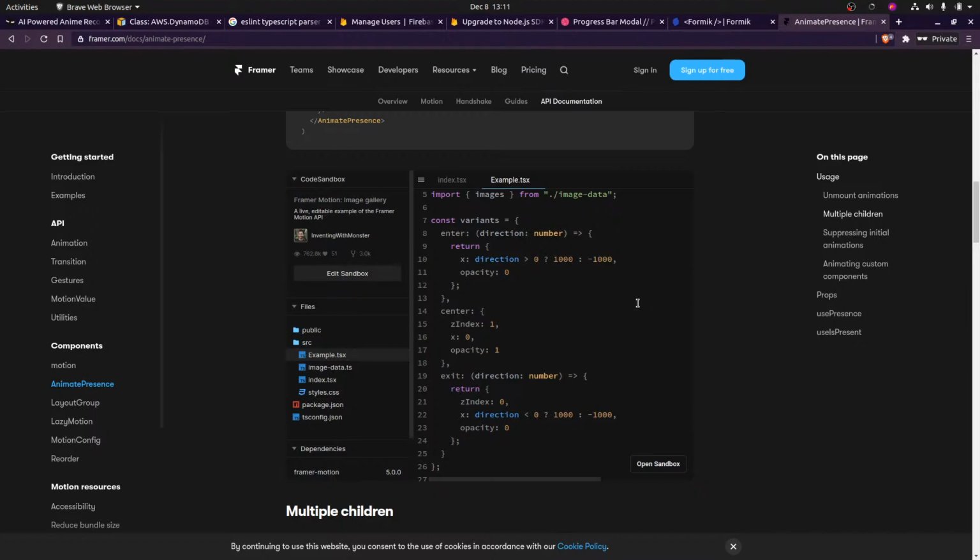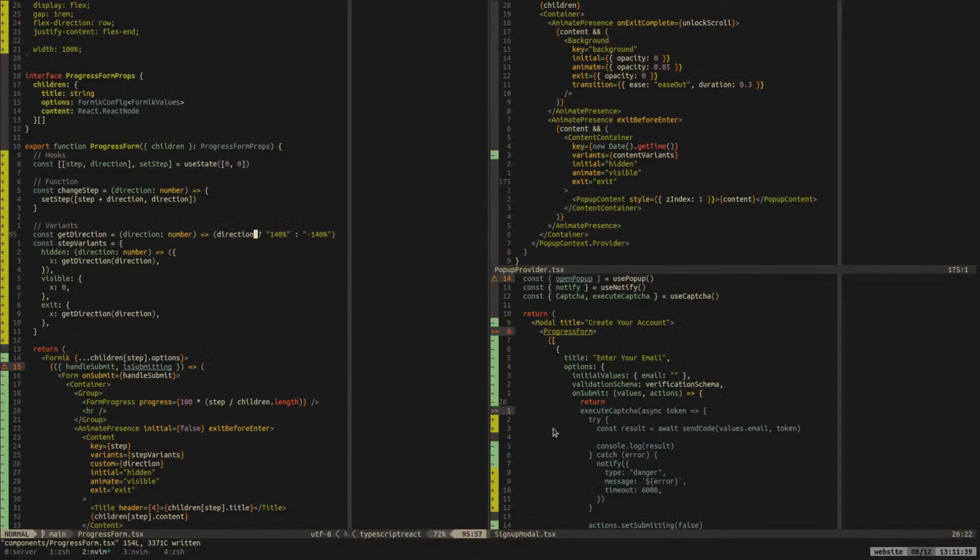Well, actually, that doesn't even make sense. Let me see. Oh, no, it does. Okay. So if it's less than 1, if it's -1 during the exit. Okay. I'll see what that does.